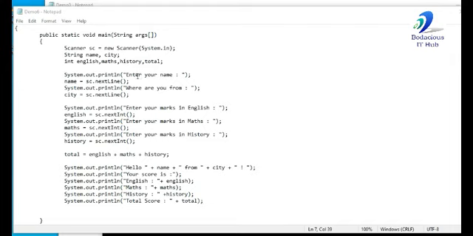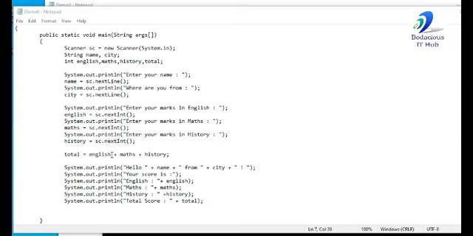So first we are asking the user to enter his name. Name will be stored in name variable. Now we are asking his place or city where he belongs to. Now whatever city name he enters will be assigned to variable city. Now we are asking him to enter his marks in English, his marks in Maths, his marks in History.